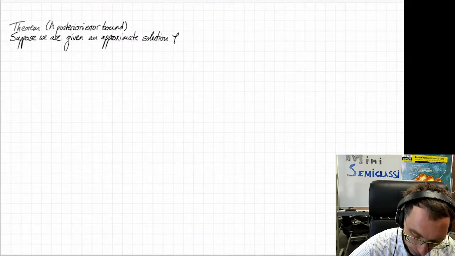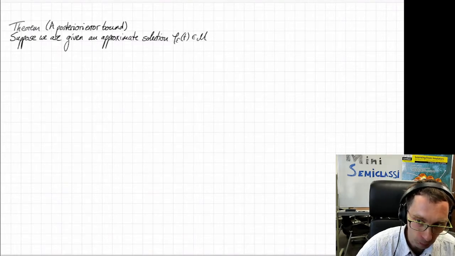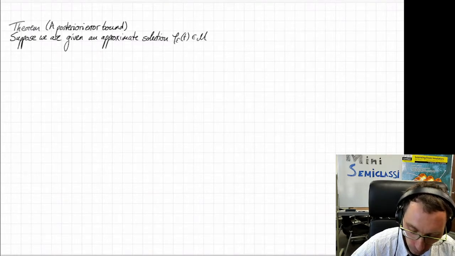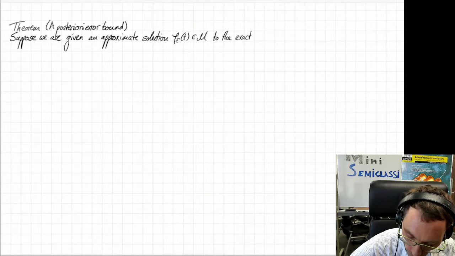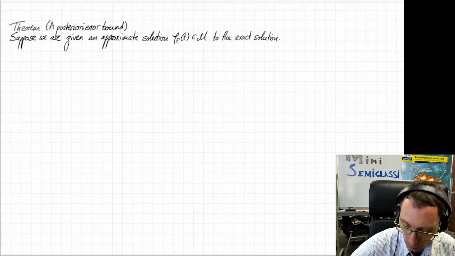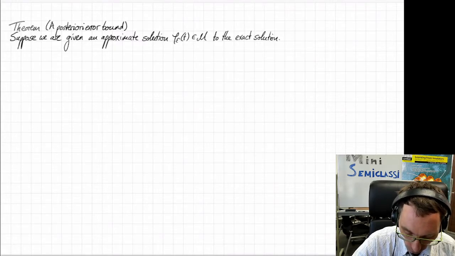Of course, what I mean by this is an element of best approximation with respect to the approximation manifold to the exact solution. Then we can bound their distance by